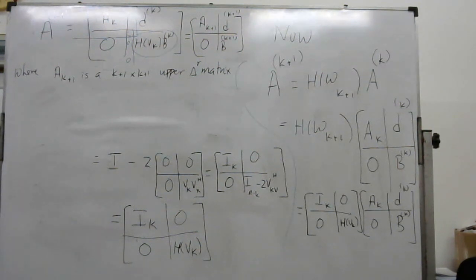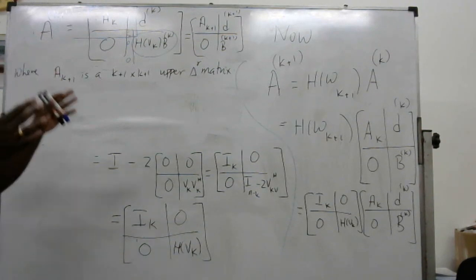Right? So this way you are able to convert a matrix into an upper triangular matrix basically by multiplying the elementary Hermitian matrix. So here there are two important things. One is after first step, right? First step only you get H omega 1 directly, which is an elementary Hermitian matrix of size n cross n. But in the second step, what you get first is an elementary Hermitian matrix of size 1 less, right? So n minus 1 cross n minus 1. So then what you have to do is you have to expand it to n cross n.